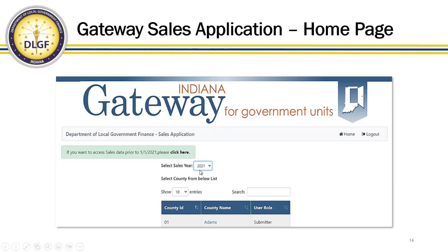So again, this is what I was mentioning about my screenshots being a little old. It is no longer 2021 that we're needing data on upcoming. So when we get this submitted, 2022 should be the year that's selected here. Once you have done that, you will click on the county name down here. I just have Adams showing, obviously, but you'll see your county name pop up based on your login, and you will click on that, and it will then take you to the next screen that you need,